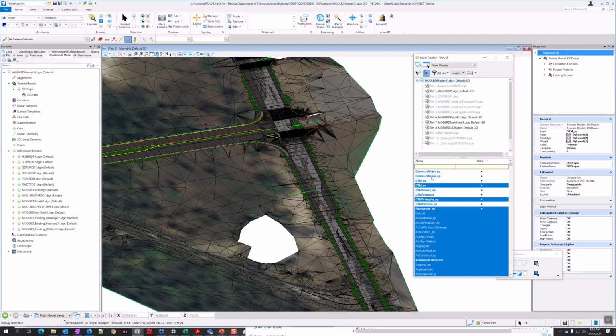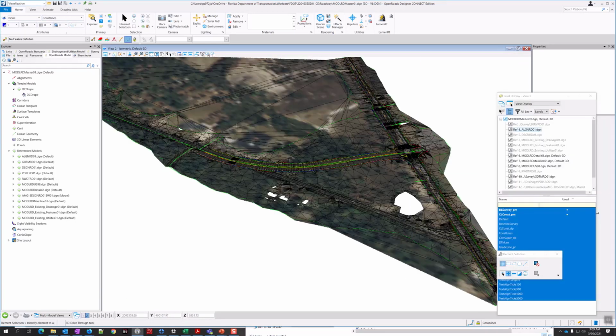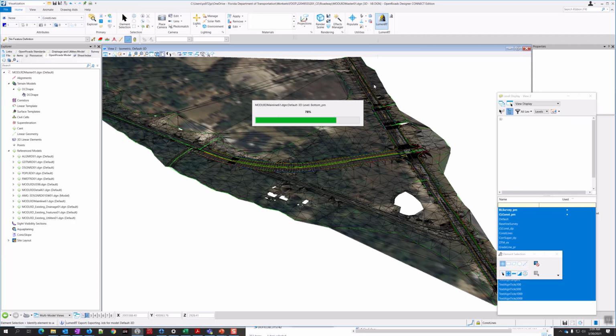I'll turn off the contours. There shouldn't be anything there, but I'll turn them off anyway, just to be on the safe side. I'm just going to go to the home tab here, and I'm going to go all the way to the right and just use the LumenRT button. And it just says animate in LumenRT.